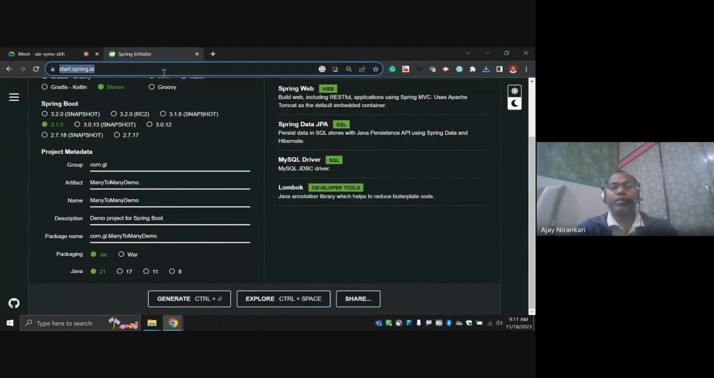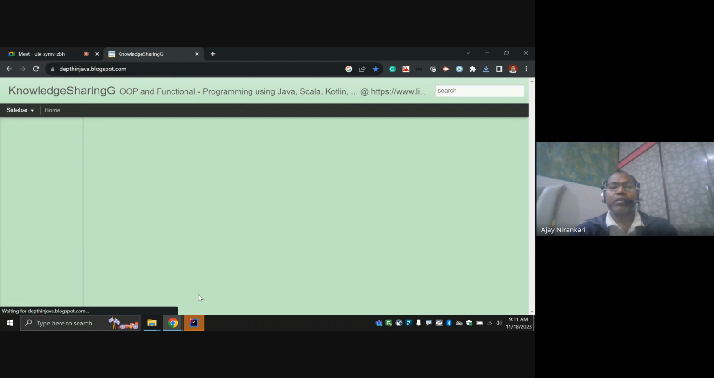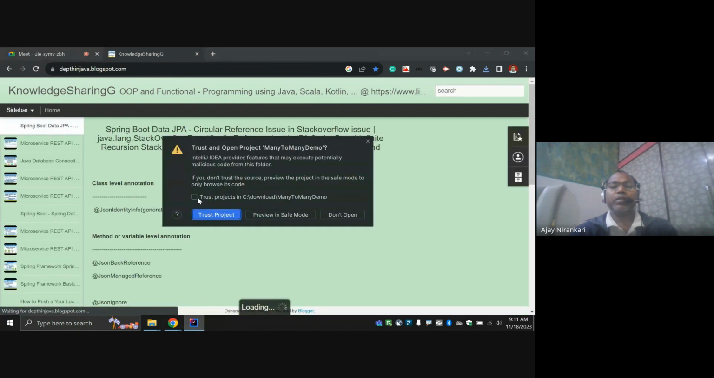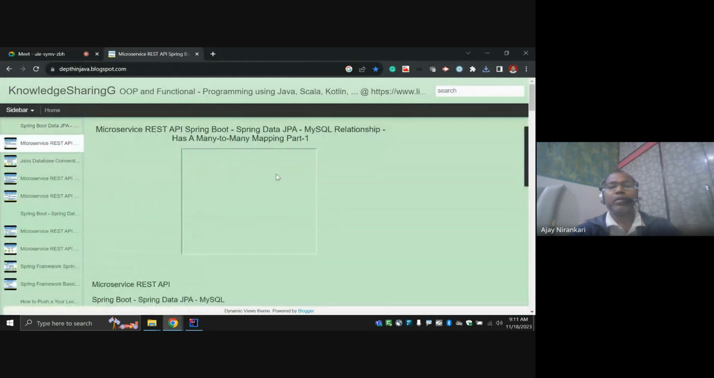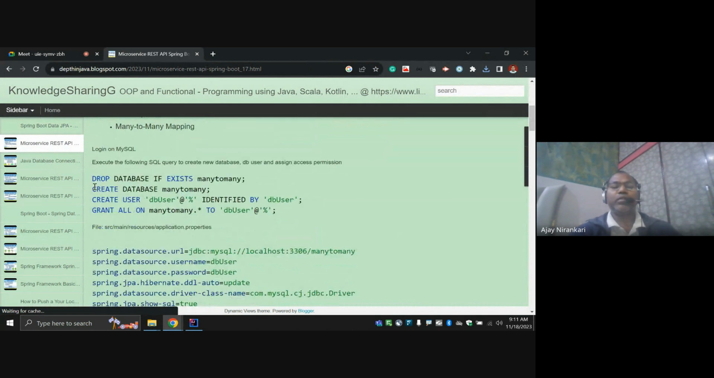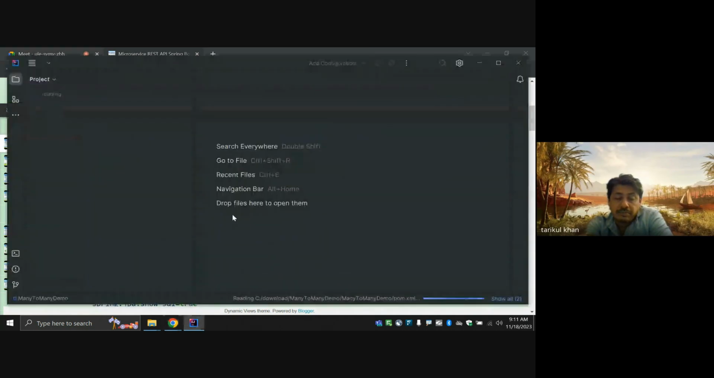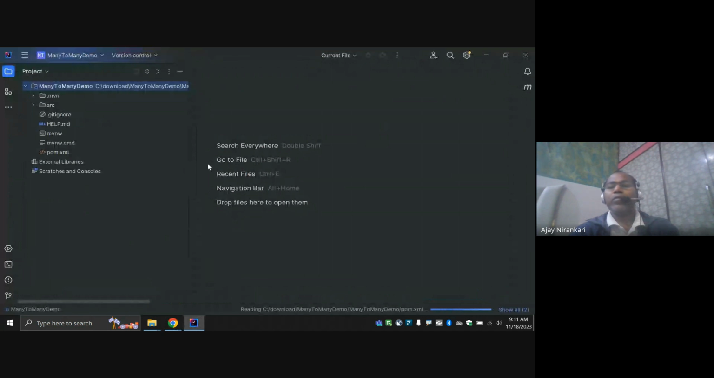That's the basic database setup we have. So let's test it. Yesterday we used a database called many to many, so let's use the same database credentials. Let me open this project, and whenever you download any application, first you have to verify it. Let me just sync all